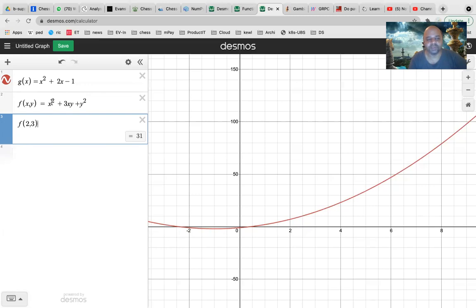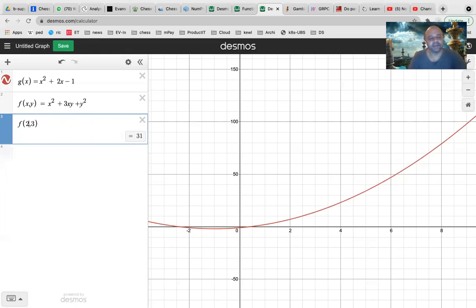It is doing 2 square because x is 2 here. So 2 square, which is 4, plus 3 times x times y. So 3 into 2 into 3. 3 is constant, x is 2 and y is 3. So 3 into 2 is 6, into 3 is 18. 18 plus x square was 4, 22. Plus y square, y is 3, so 3 square is 9, 31. Right? So you got the value 31.